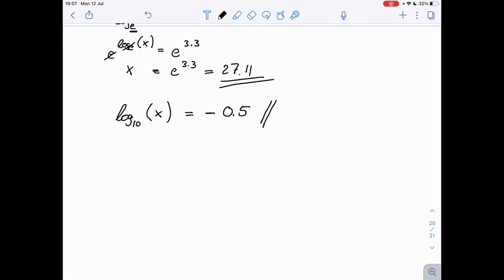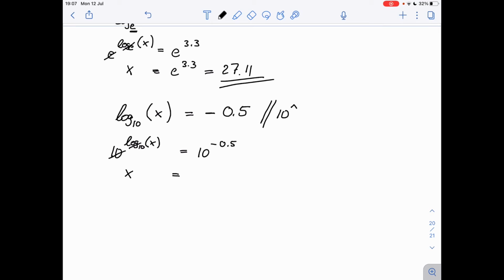We know that we have log 10, and we want to get rid of it, so the inverse mathematical operation is 10 to the power of. So we have 10 to the power of log 10 of x equals 10 to the power of negative 0.5. And 10 and log 10 cancel out. So we've got x equals